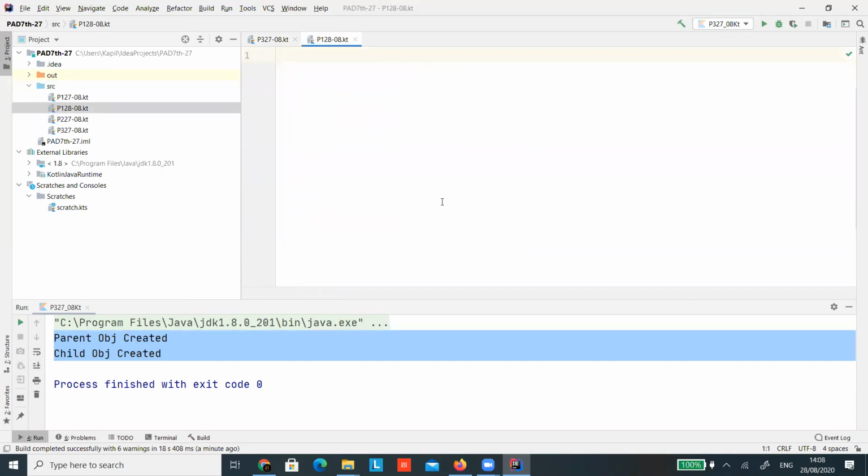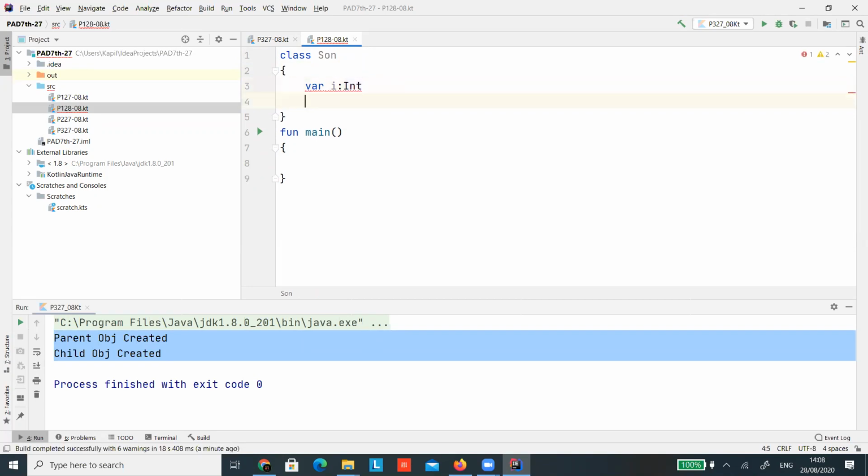Okay, so now let's work with a single class called Sum, and let's create a few variables, like a variable i of type integer.